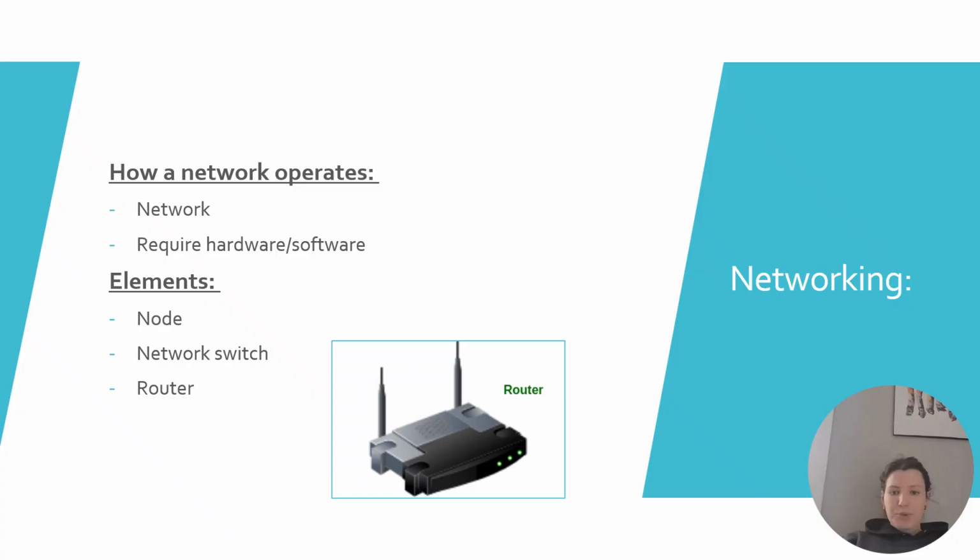Moving into networking, which is chapter 10, how a network operates. So if you didn't know the basic terminology for network, it's basically just a system of two or more devices that can be linked by wires, cables, wireless signals, or telecommunication systems. And they do require hardware and software. Elements of a network would be,